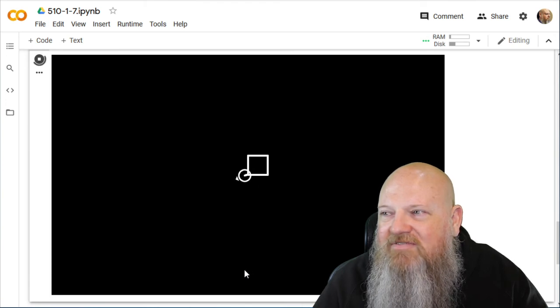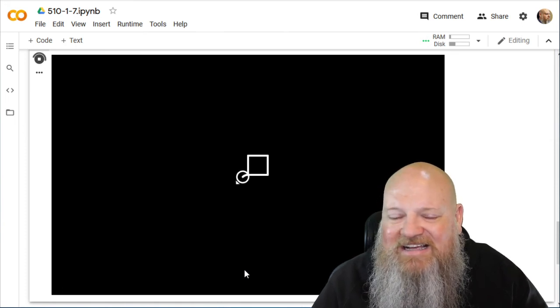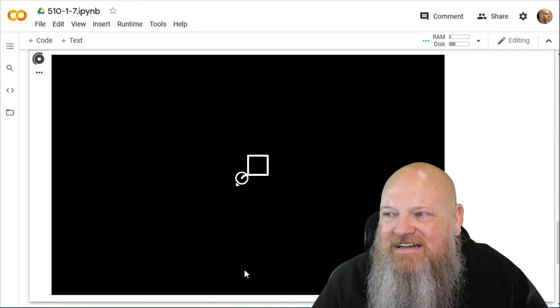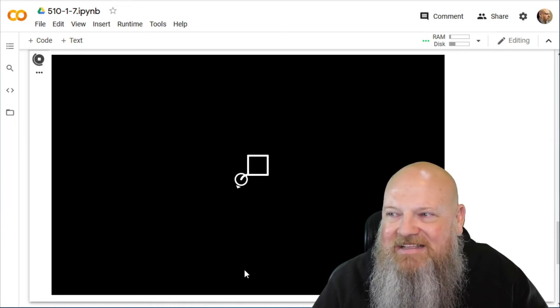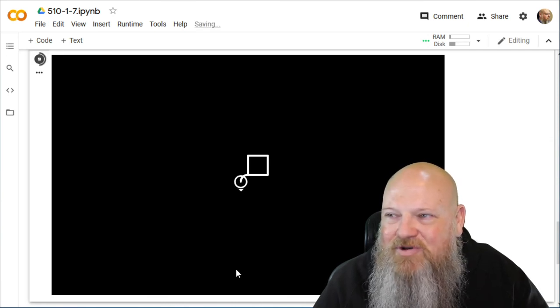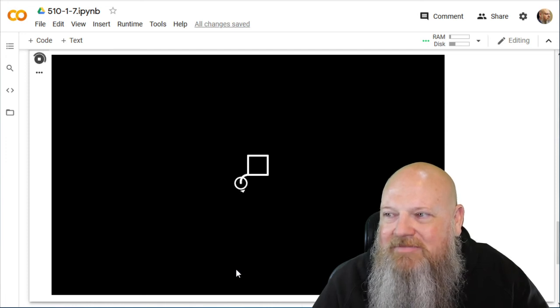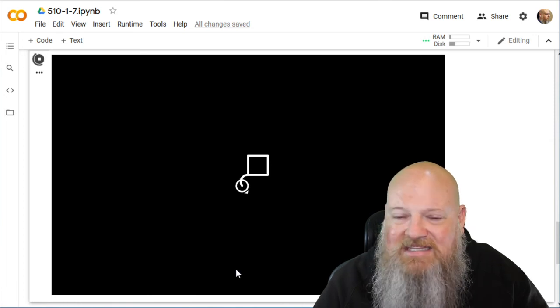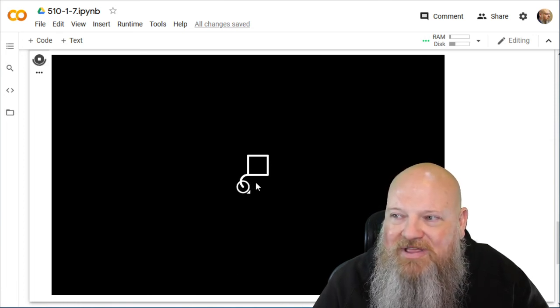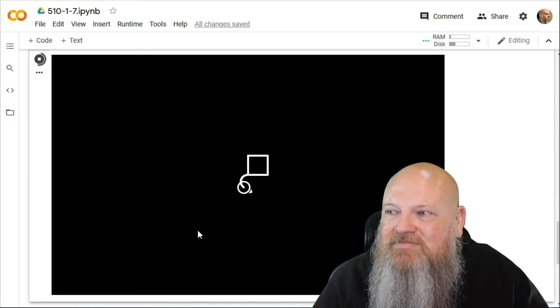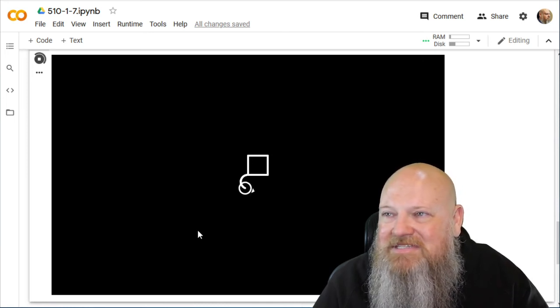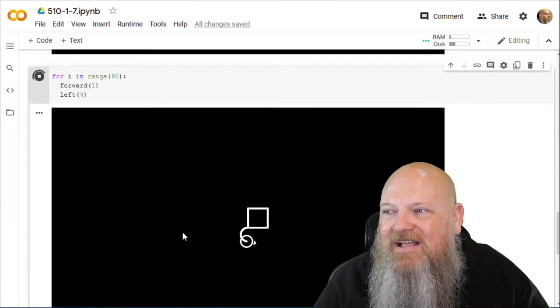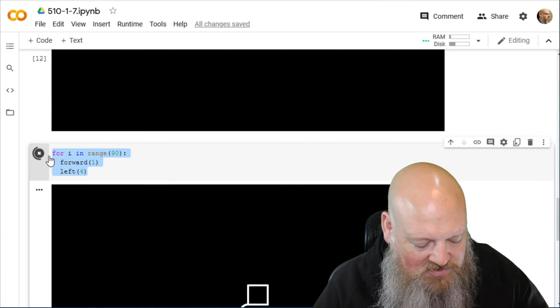It's moving very, very slowly. This isn't exactly the kind of thing that I suspect Colab guessed that people would be doing with Colab, which is graphical interfaces that are moving. It's just not really what it was built for, but it still manages to do it very slowly. If you did this on your own machine, it would do this instantly. You wouldn't have a chance to see the turtle moving through its 90 steps. I feel like we should stop the poor thing, but instead I'll do our next step,